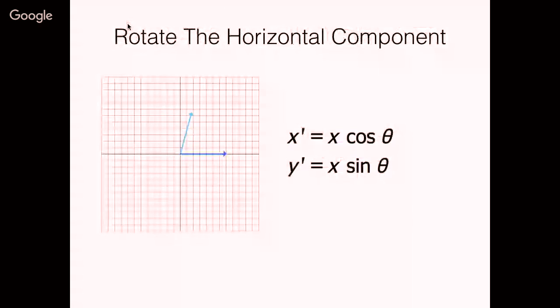So the way you can do this is if you start off with the x component and rotate that, and then rotate the y component. So if we start off with the x component, then we know that the original x, which happens to be 7, plug in the values that we had before. The new x that you get from there is the cosine theta, and the new y that you get from there is the sine theta, multiplied by the 7, which is the value of that particular part.